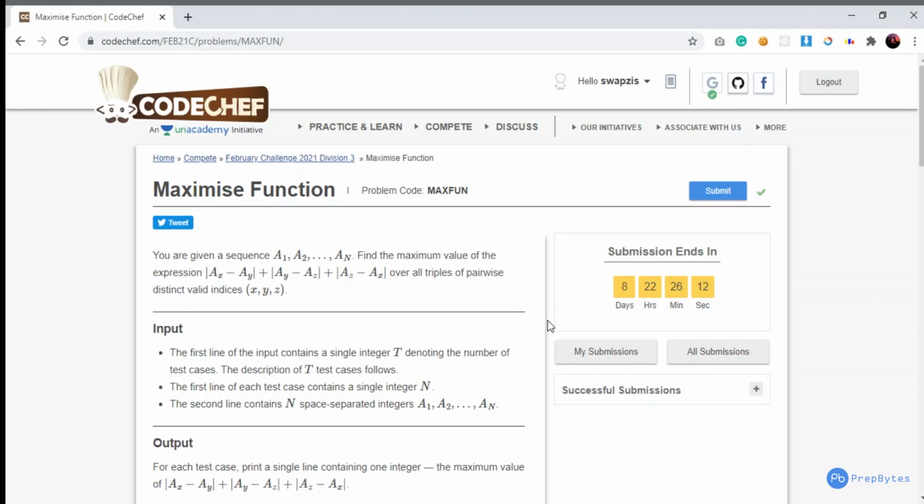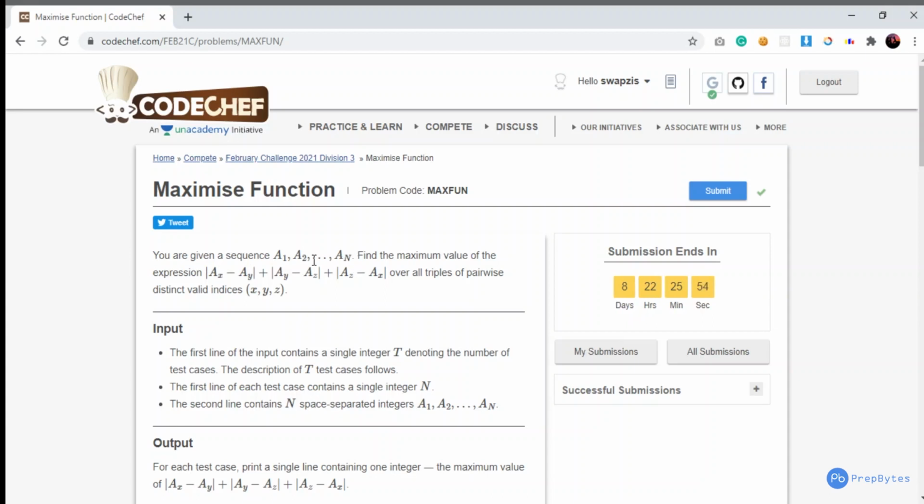I am Swapnil, and in this video I would be discussing the problem Maximize Function of the February Long Challenge 2021 of Division 3. The problem statement goes like this: you're given a sequence A1, A2 up to AN.